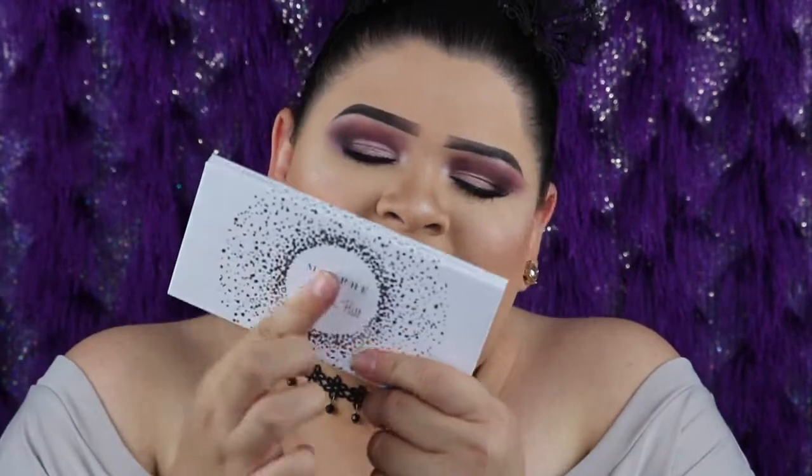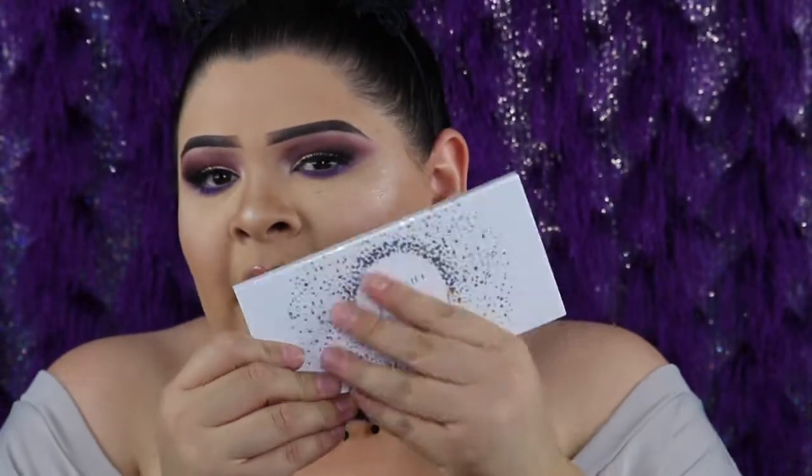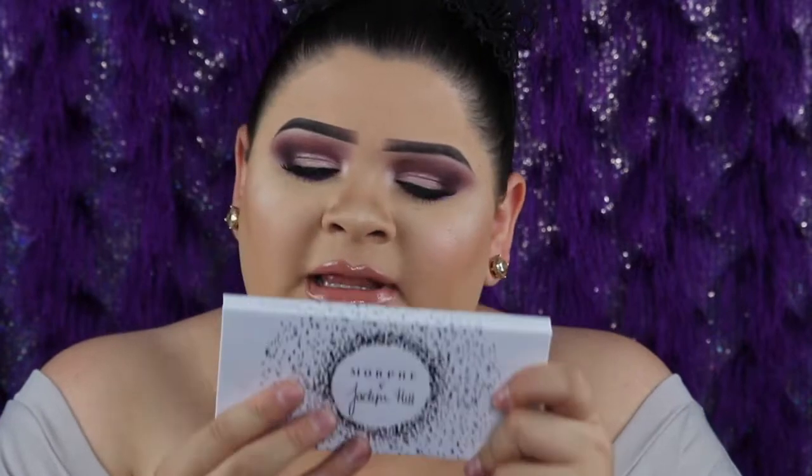And I also really like the packaging. It's the same packaging in all 4 palettes. It's that glossy white material that you can clean off easily. And I would say I didn't have very much fallout with this one, which I was super, super impressed and surprised by, because I've seen other girls who had an extreme amount of fallout, which lies in the